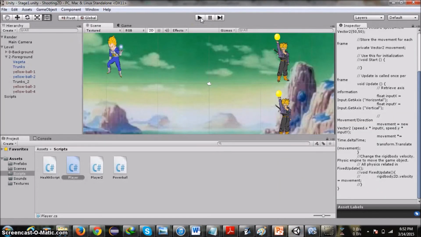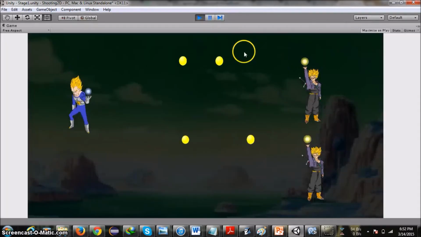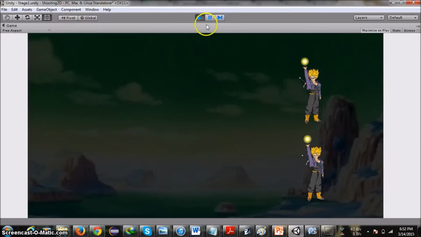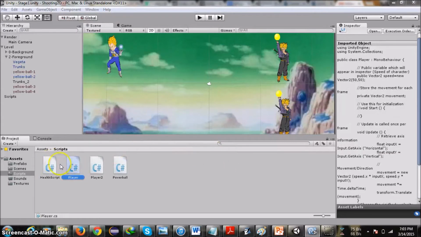This is based on my favorite cartoon, Dragon Ball Z, and here is how it works. He needs to dodge the balls, and if he gets hit, the character disappears as well as the ball. Let me give you a quick demo of the scripting behind this. I've included all the scripts under the Scripts parent folder. Let's go into the player movement script.